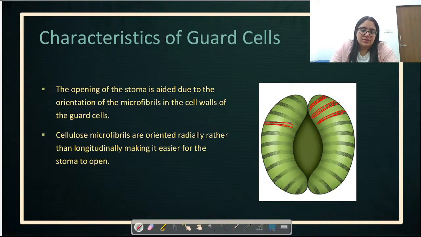So I hope whatever is written on this slide is quite easy for you, or let me read it out also just in case. Yeah, right, Rohit. Next, the opening of the stoma is aided due to the orientation of the microfibrils in the cell wall of the guard cells. These are NCERT lines: cellulosic microfibrils are oriented radially rather than longitudinally, which makes it easier for the stoma to open. So if these microfibrils had been arranged longitudinally, the stoma or guard cells would not be able to open up that efficiently, right? So this radial orientation of microfibrils helps the guard cells to open up efficiently so that transpiration and gaseous exchange can